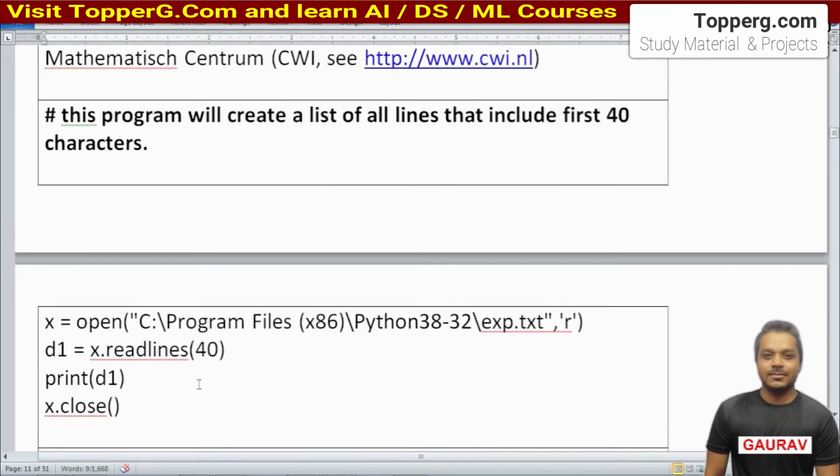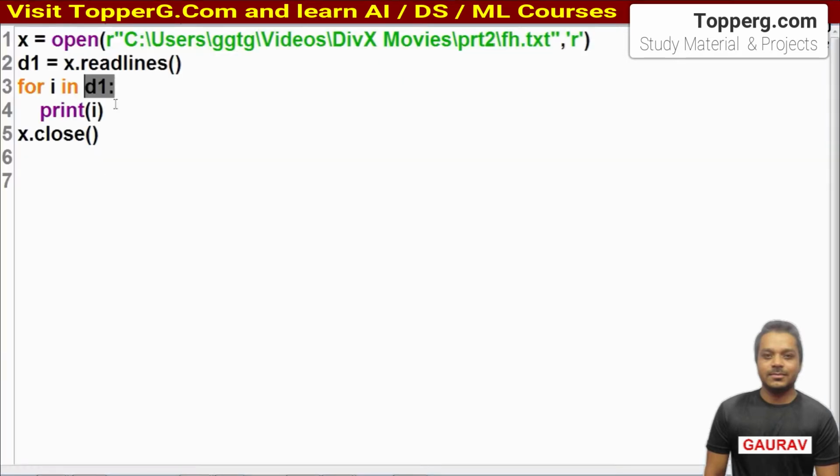So what if I provide an integer in readlines? It will create a list of all the lines that include the first 40 characters. Let me show you an example. You already know there are 3 lines in our fh.txt file that we created early in our lecture.